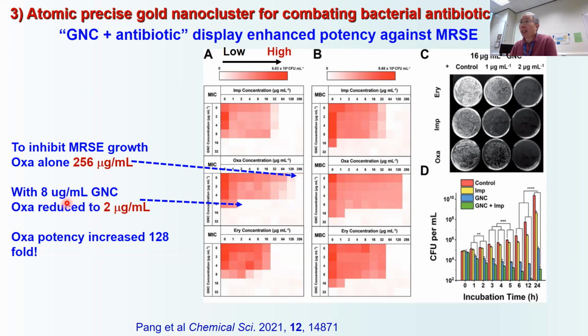When we have 8 microgram per ml of the gold cluster, then 2 microgram per ml of the antibiotics can completely prevent the bacterial growth. And also from the plate assays, we clearly show the combination can completely prevent the bacterial growth. And also, if we count the bacteria, then with the combination, we can reduce the bacterial count by 7 orders